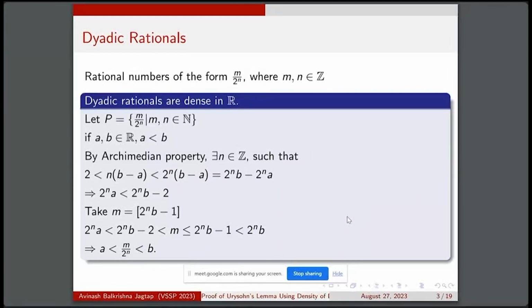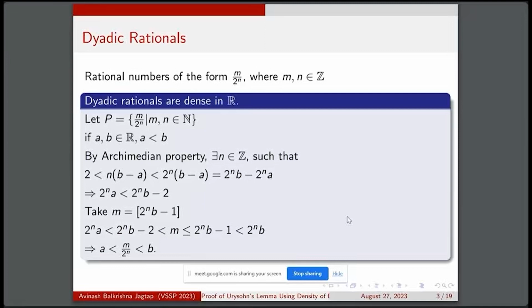Now let's see what the dyadic rationals are. The rational numbers whose denominator is a power of 2 are the dyadic rationals, and they are dense in R. Suppose you take two real numbers a and b such that a is less than b. By the Archimedean property, I can find a natural number n such that 2 is less than n times (b minus a). Since n is less than 2 to the power n, 2 will be less than 2^n b minus 2^n a. So by multiplying by 2^n, I have increased the distance between b and a